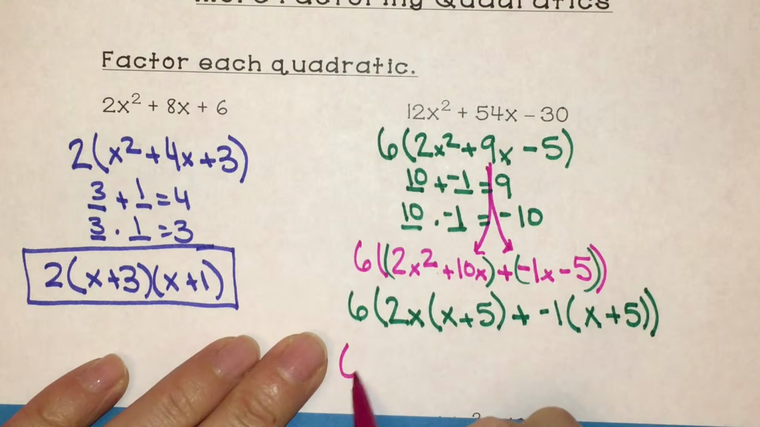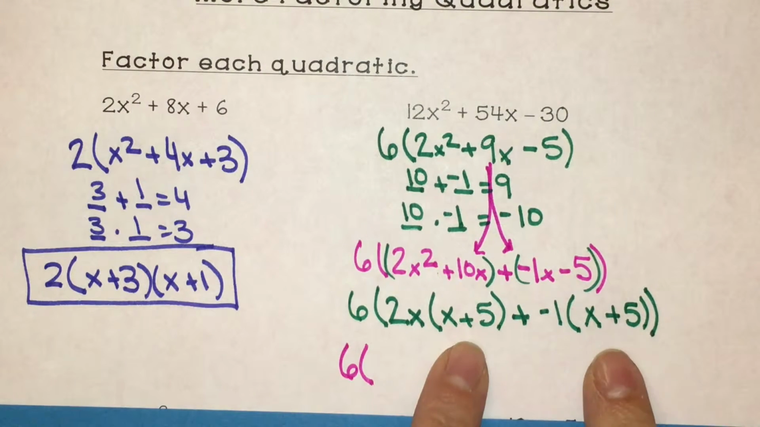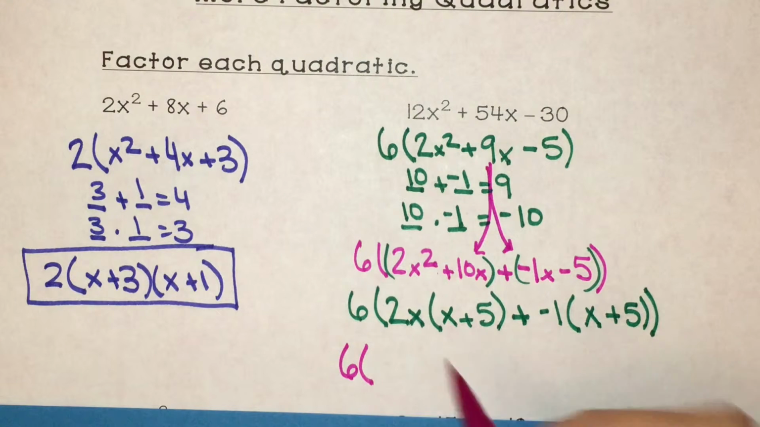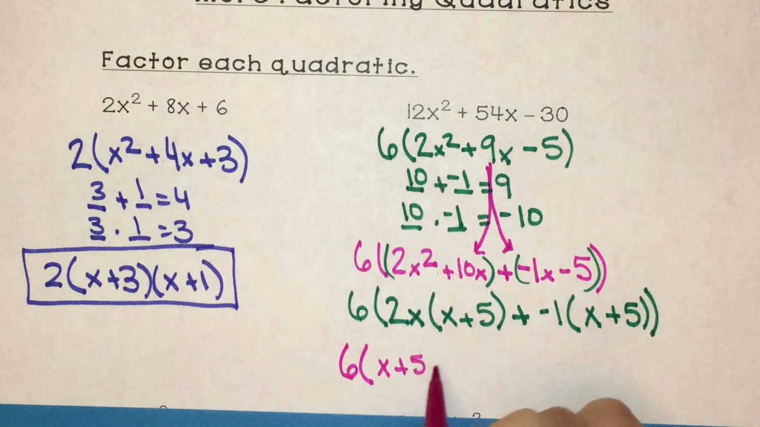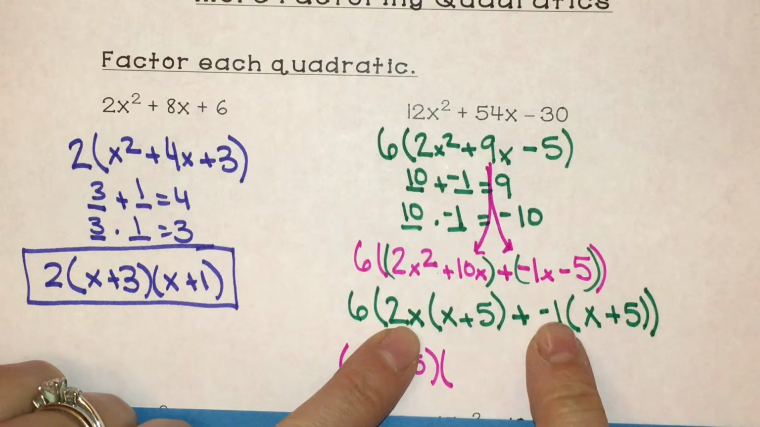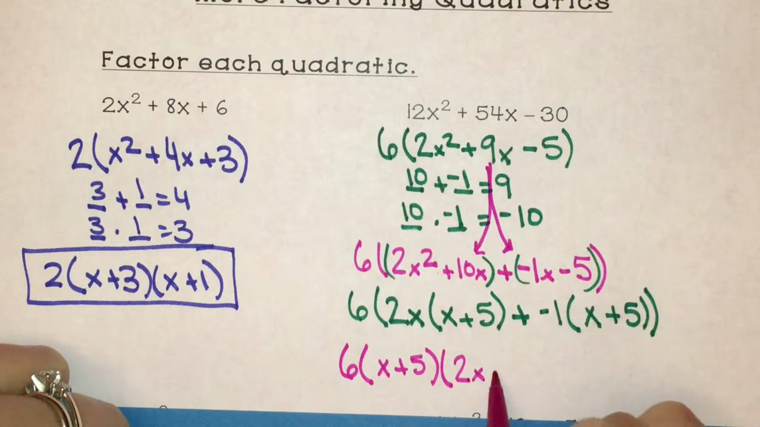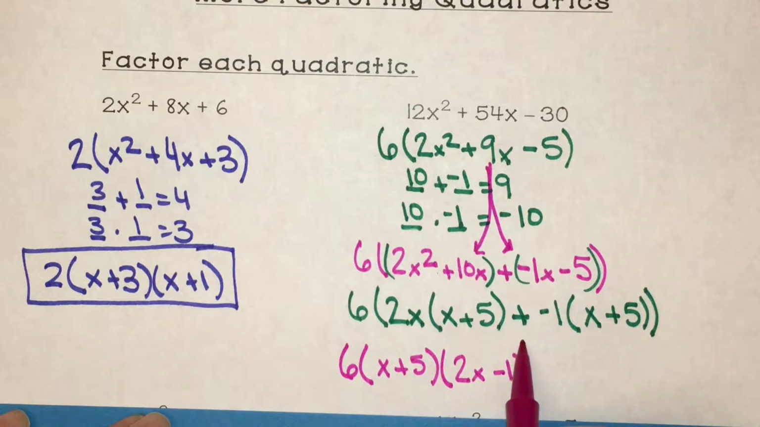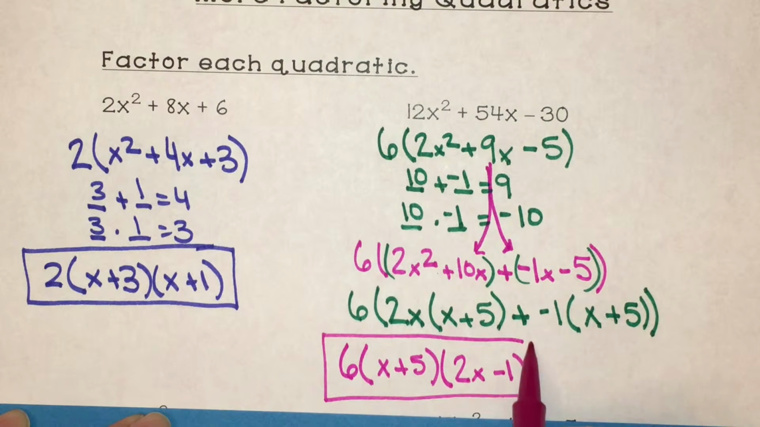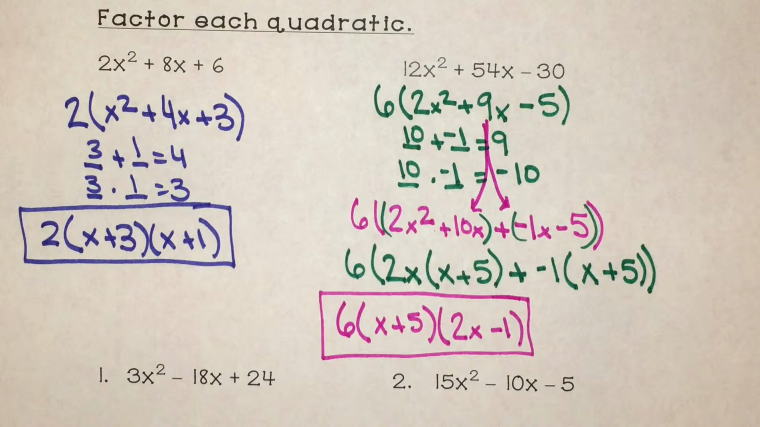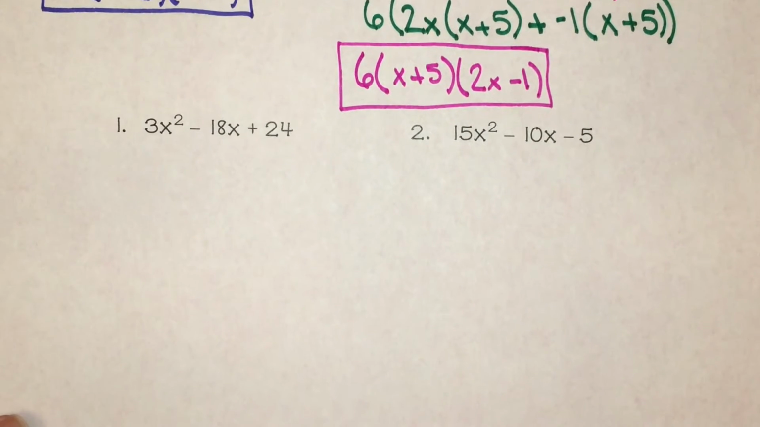So we have 6 times, they both have an x plus 5, so that's the greatest common factor, times what's left over. 2x plus negative 1, or 2x minus 1. And that is our answer, completely factored. All right, so go ahead and try 2 problems that are very similar and come back when you're ready for